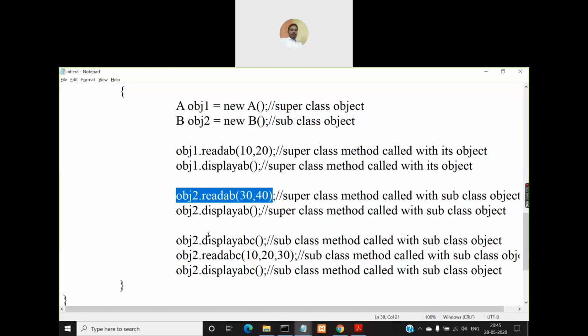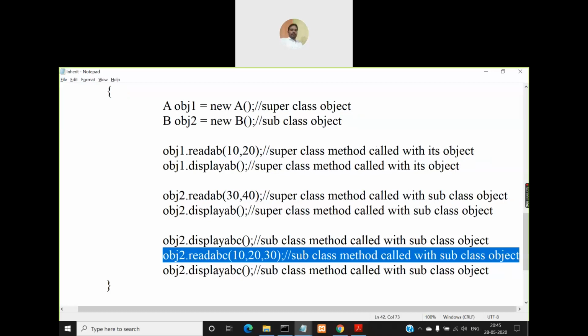If the C value is not initialized, by default the constructor will initialize it to 0, right? So when you display ABC values by calling the display ABC method of class B's object obj2, it will display AB values as 30, 40, right? It must display that, and C value as 0, because we didn't make a call to the read ABC method yet.